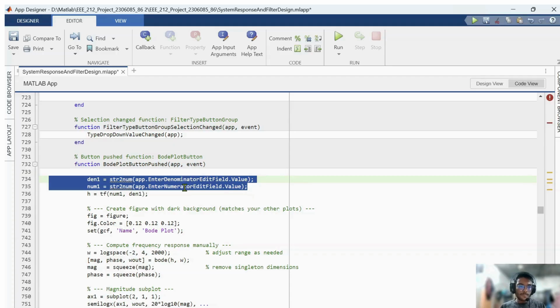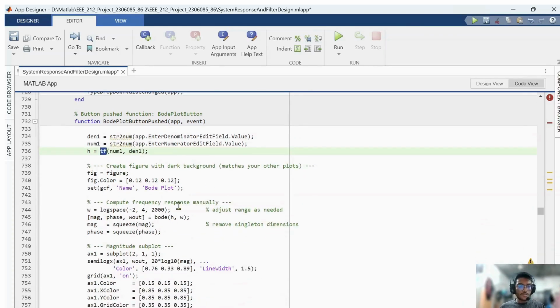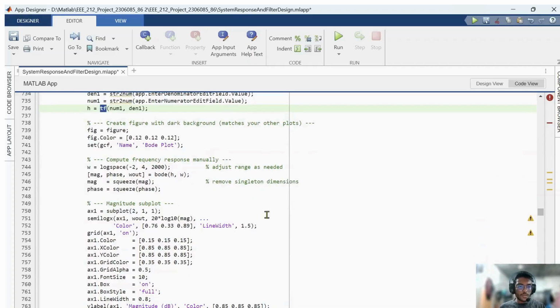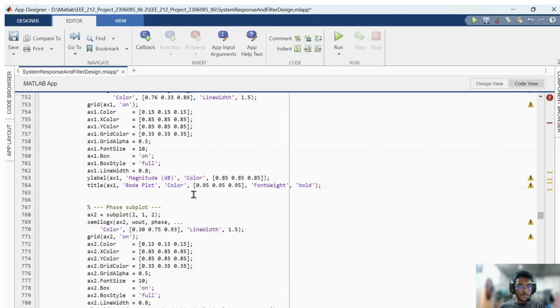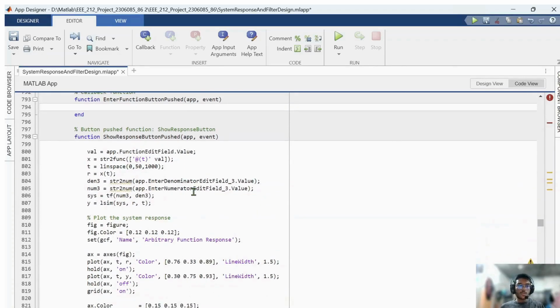From that we build the transfer function, which is h equals tf(num1, tn1). So here tf is the built-in function of Matlab. Then we plotted magnitude plot and phase plot for both plots, and in the next section we determine response for